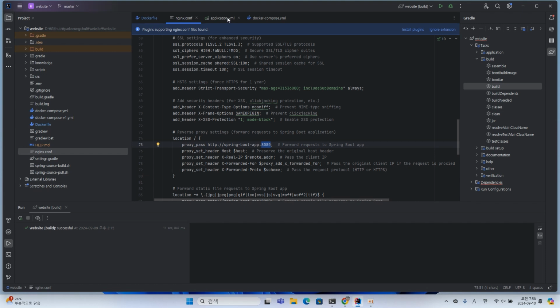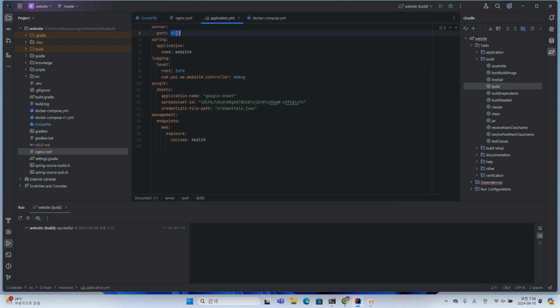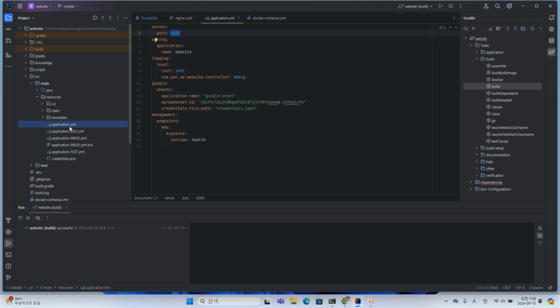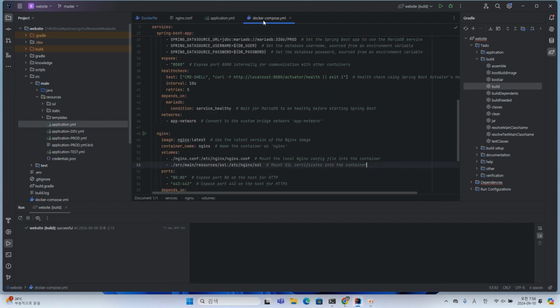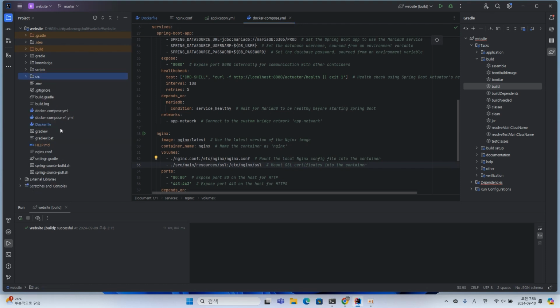The port is specified in the application YAML file in the Spring project. The container's name is specified in the Docker Compose file.